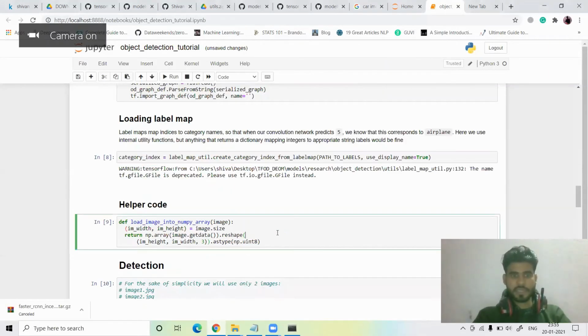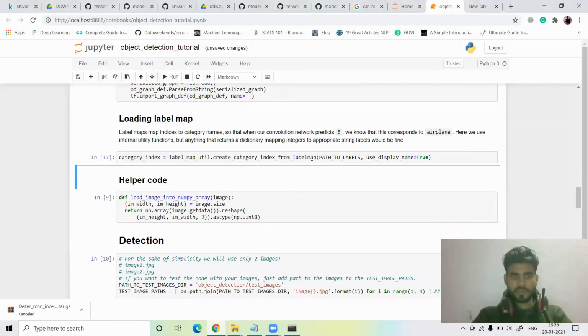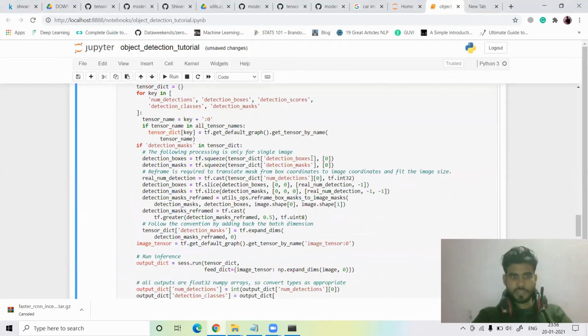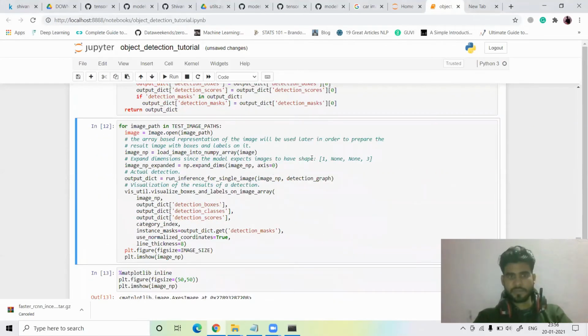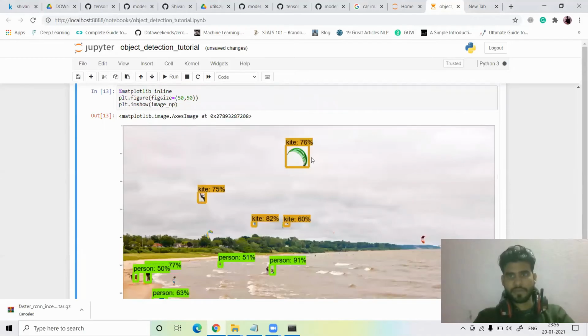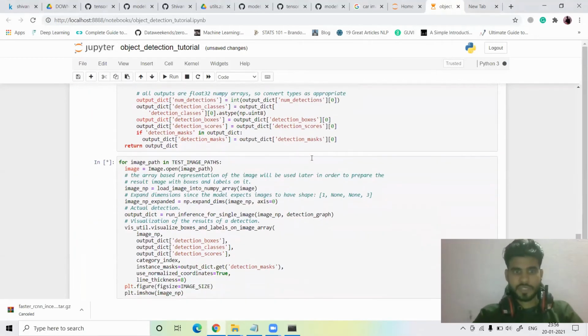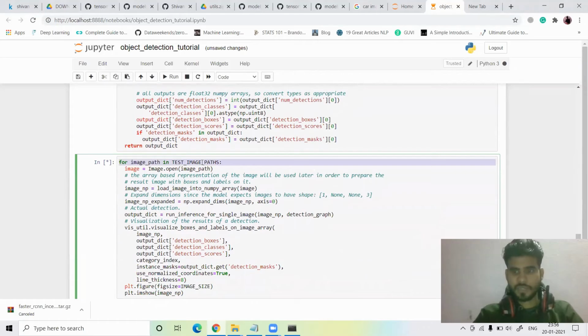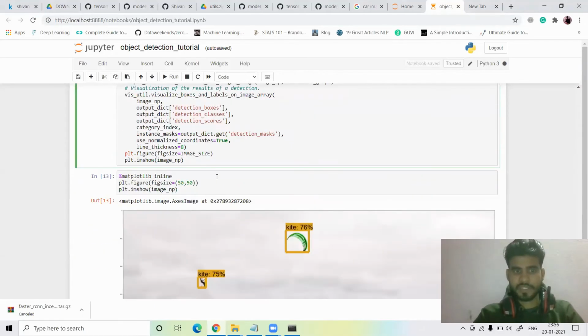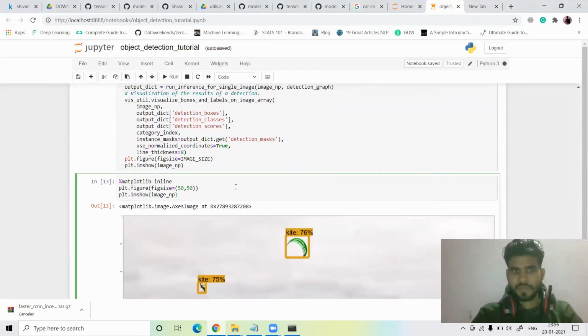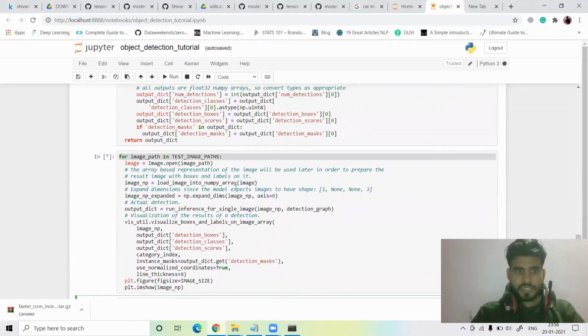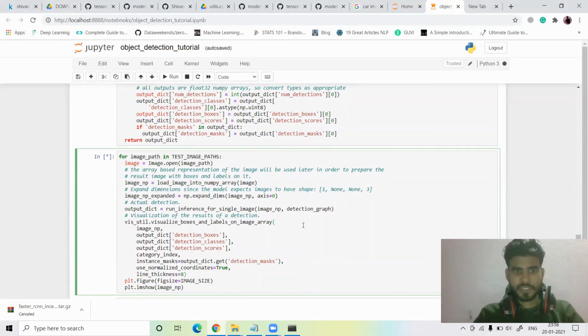Let's run the next cell. This cell. Run the next cell. It takes a few seconds again because this is testing the images. After that, we will run this cell. Okay, so our images are being tested. Just wait a few more seconds, guys, because it takes a few seconds, depending on your internet connectivity.